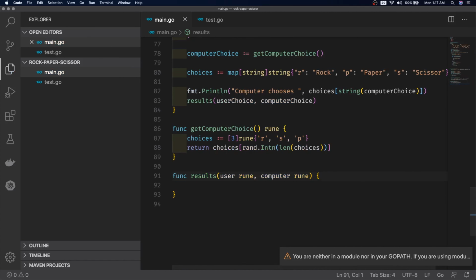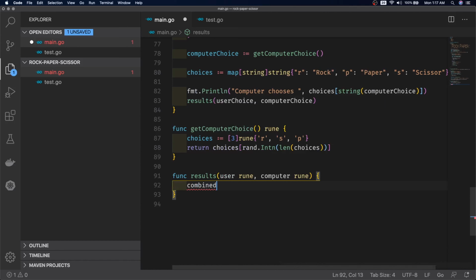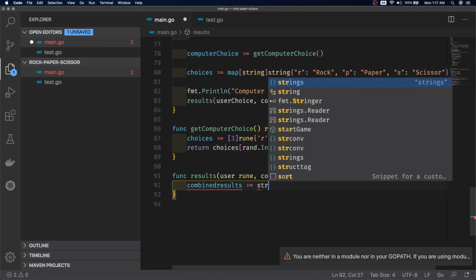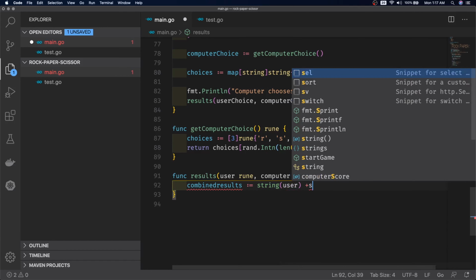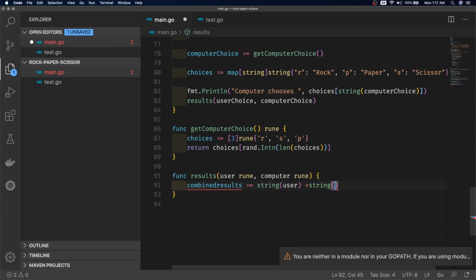Okay, so for our logic, we'll combine both of these choices into one string and make use of switch statements to decide who wins. So winning will just tell the function that these are the user's winning conditions and these are the computer's winning conditions, or vice versa.